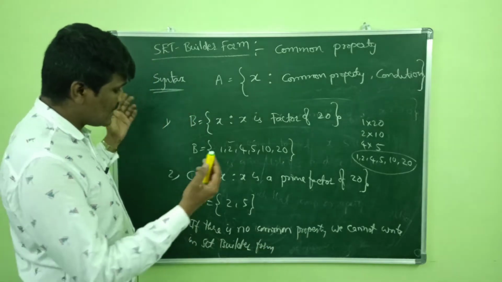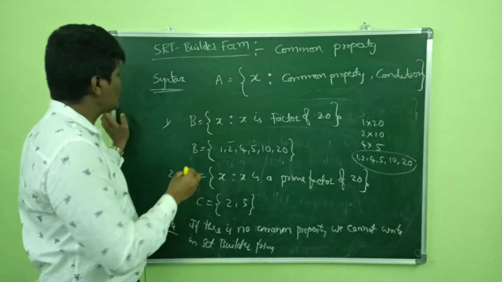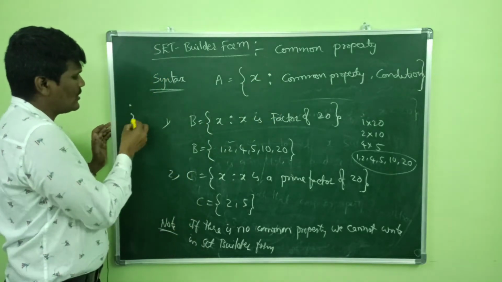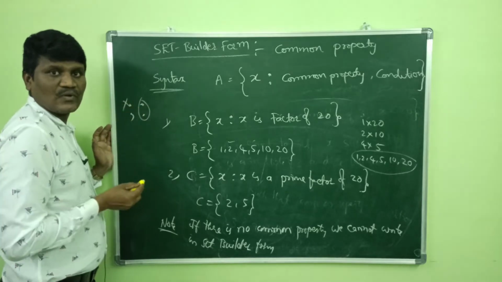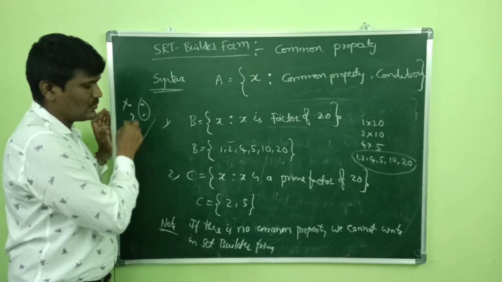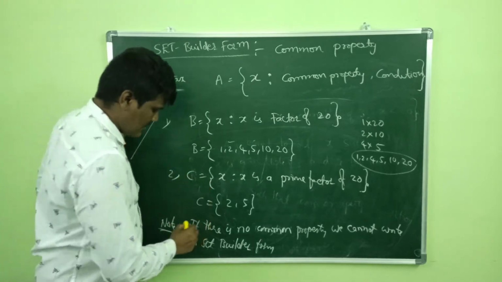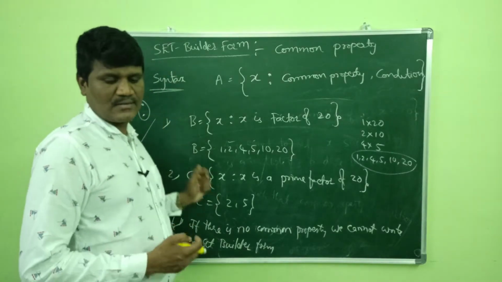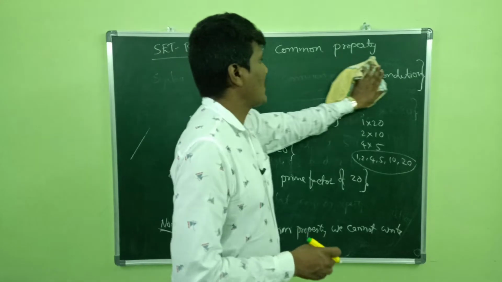And the second one, this is the symbol colon, right? There's a difference between this: this is the semicolon and this is the colon. So we are using this, not this. Colon, or else sometimes 'such that' we'll write as slash also. The second note you can take is that I can take 'such that' also as slash.